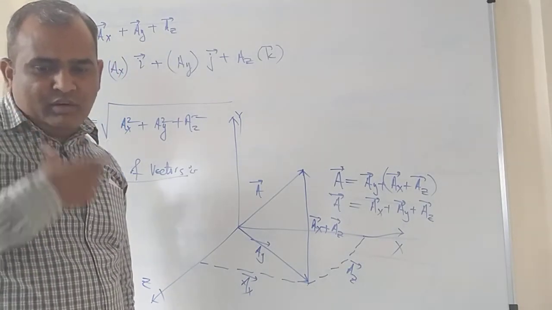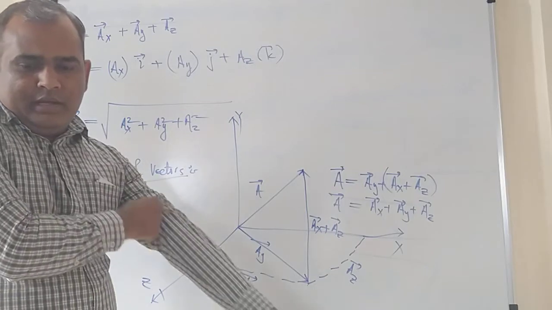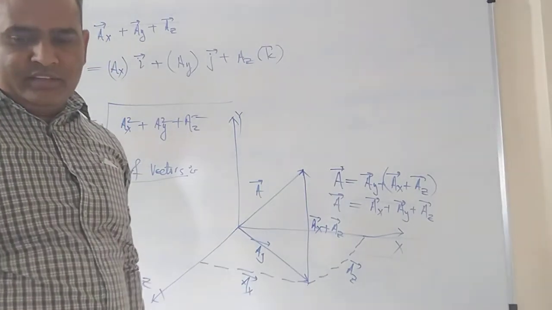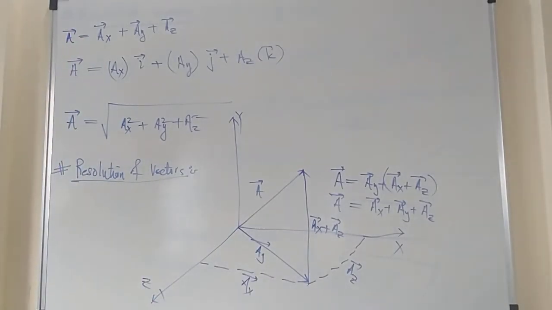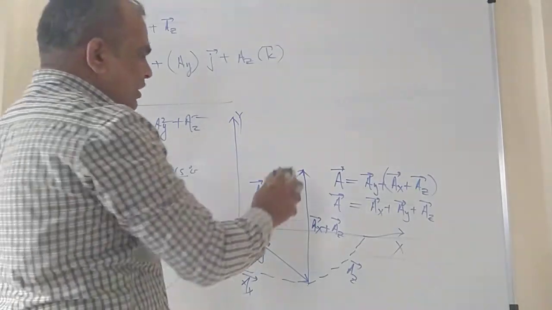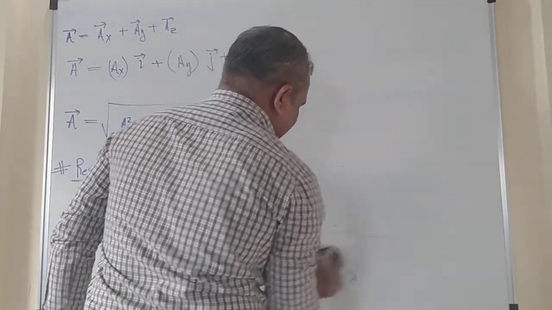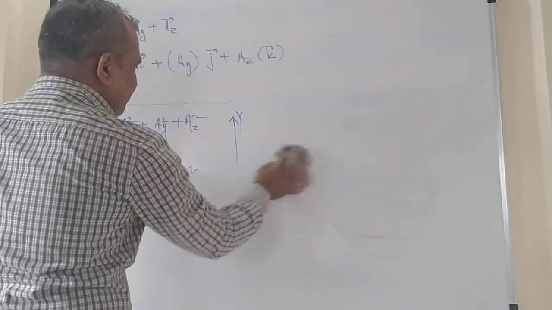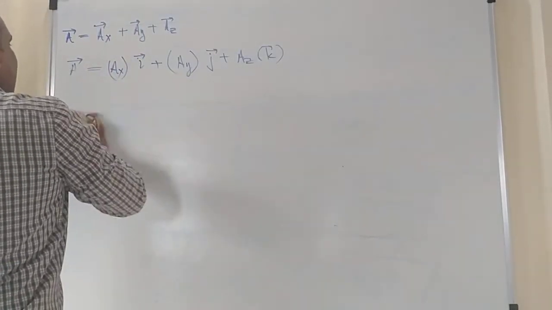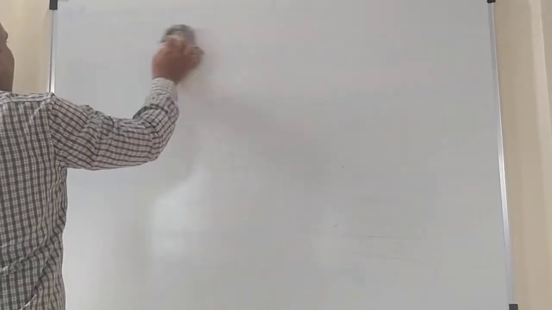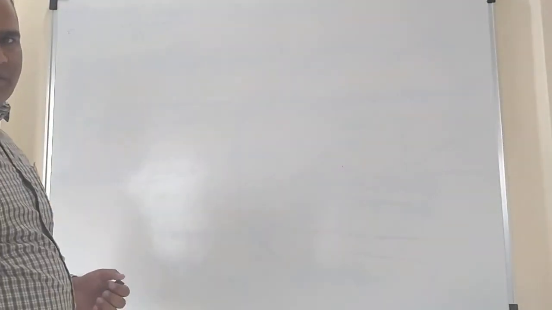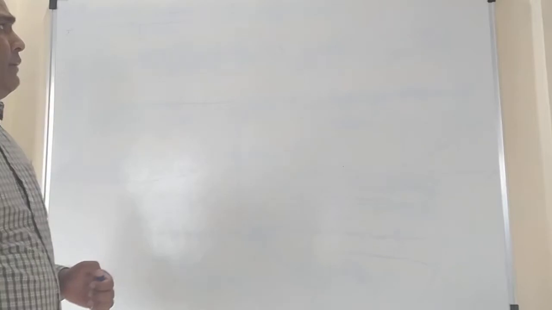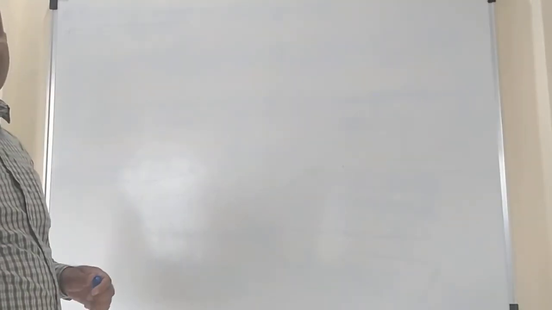So let's move to the next topic, and the next topic is the laws of vector addition, and there are three laws. First one is called the triangle law of vector addition. Second one is called the parallelogram law and the third the polygon law of vector addition. We will finish all three, and then we will move to the next topic. No, after this we will stop and we will study the next topic tomorrow. So the first law is very simple, that's why I am going somewhat fast, and this is a preliminary part which you already studied in 11th and 12th standard.